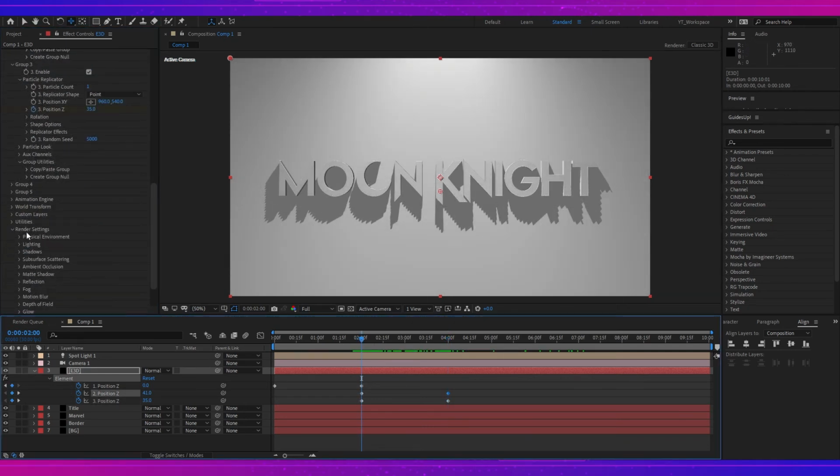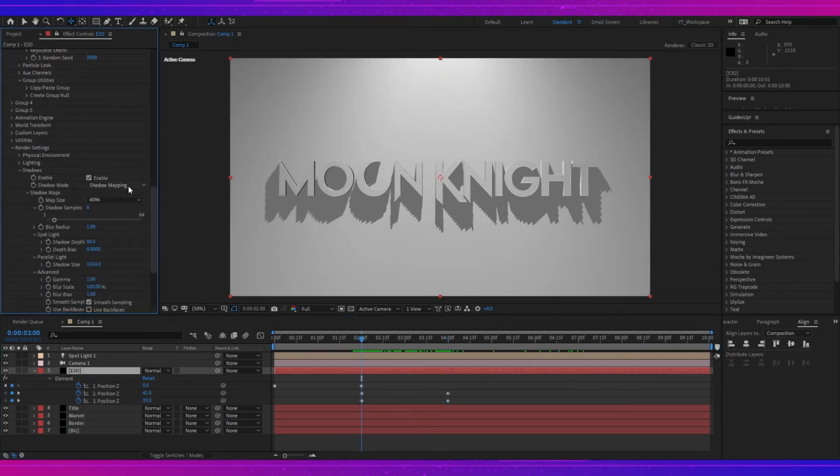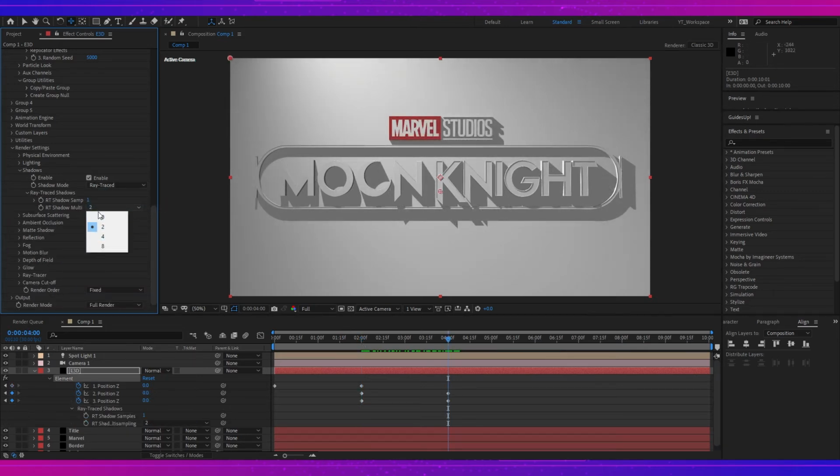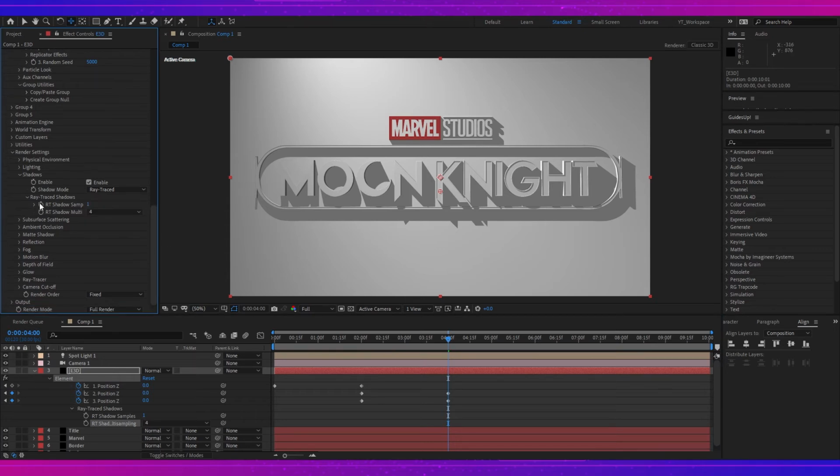Now go back to render setting again, change it to ray trace, and now change the shadow multiplier to 4 and shadow sample to 4. But remember, it could slow down your render system. So for now I will go back to 1,